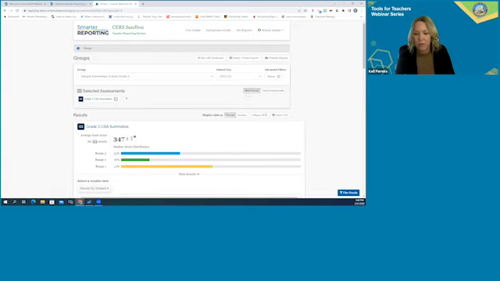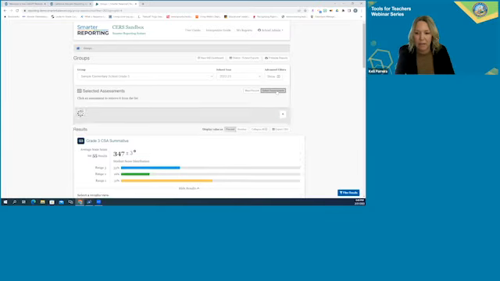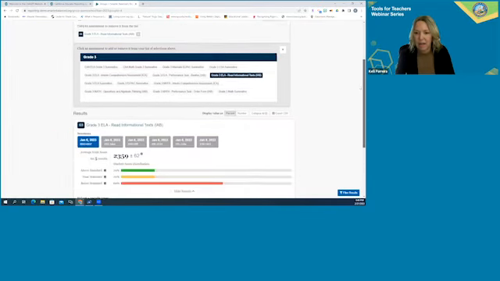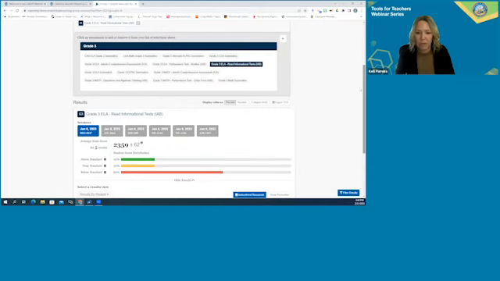So to toggle to a new assessment, I'm simply going to click on select assessment, find the assessment that I'm looking for, grade 3 ELA read informational text. I'm going to unhighlight the CSA summative, and then I have my grade 3 read informational text going.